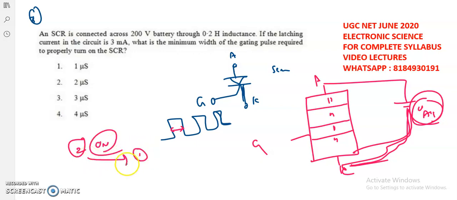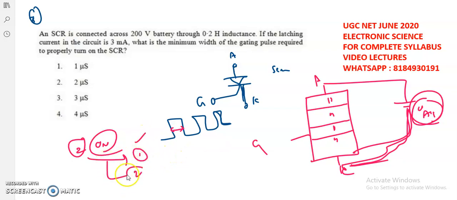Out of these two, the first one is to make the gate voltage 0 and limit the voltage between the anode and cathode such that J1 and J3 are maintained in forward bias and J2 will be in reverse bias. If you keep increasing the voltage, a small amount of current will start flowing through this silicon controlled rectifier even though the gate current, or gate voltage, is 0. So it is one on state.